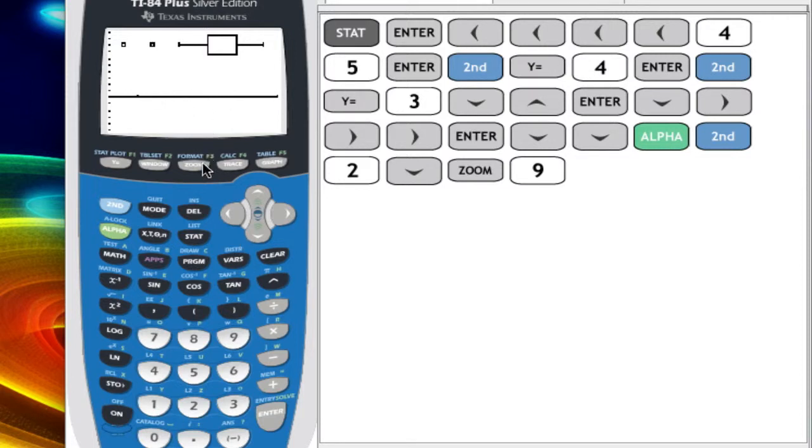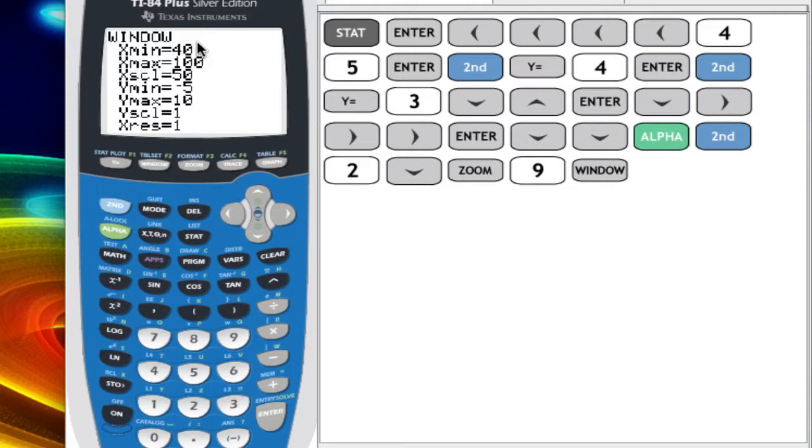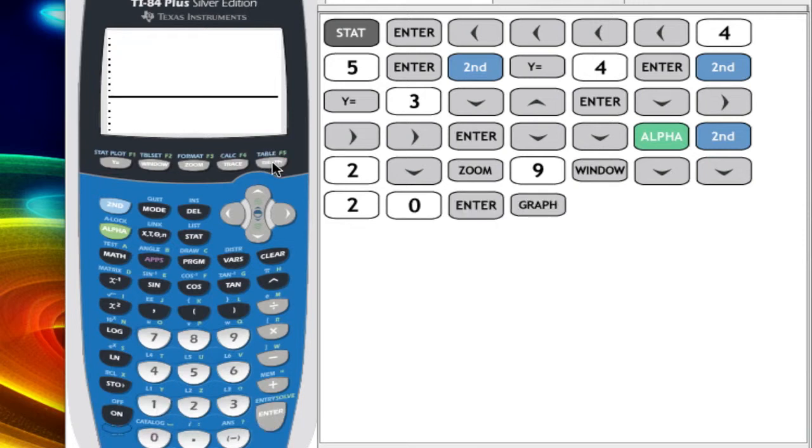Again, the x-axis needs to be rescaled, so if I press window, it looks like I'm going from 40 to 50 in intervals of 50. Let's make that from 40 to 100 in intervals of maybe 20. And graph. And that's much better. 20, 40, 60. And if I press trace, I can get the 5-number summary and the 2 outliers on the low side. So if a state had only 45% of its students attending public universities, that was